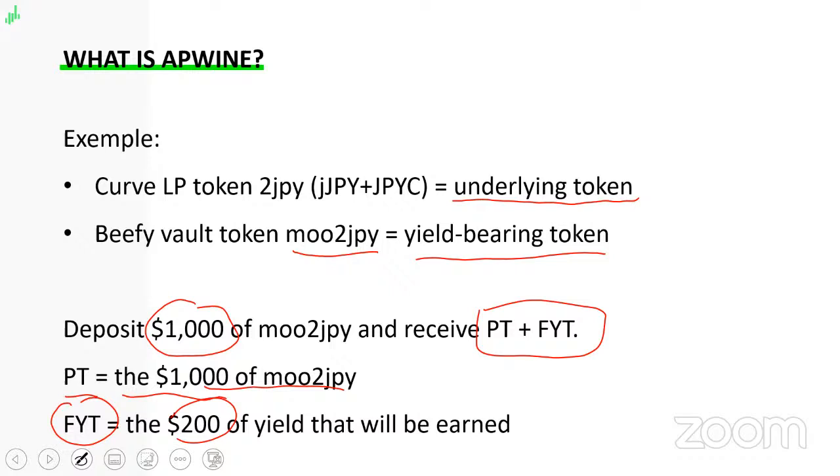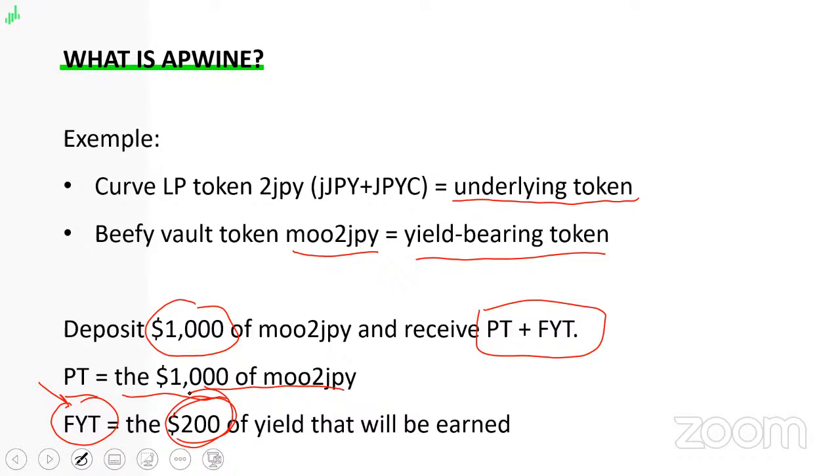The point is to do strategy. So we're gonna see them after. But for example, to sell your future yield token. So you will sell the future yield token to someone, and this someone, at the end of the 3 months, they will be able to burn the future yield token to get back the $200 of yield that the future yield token has accrued. So that's pretty much it.